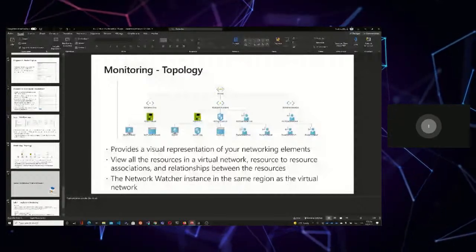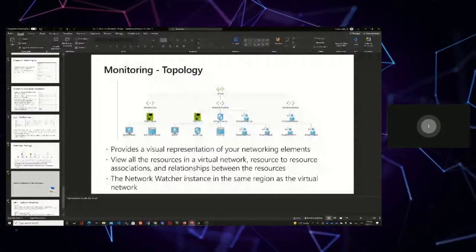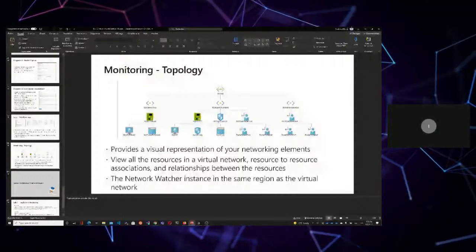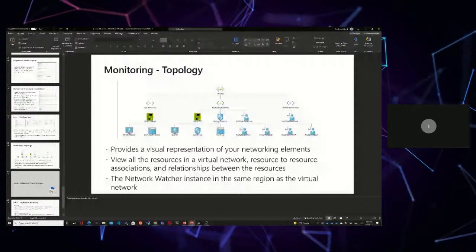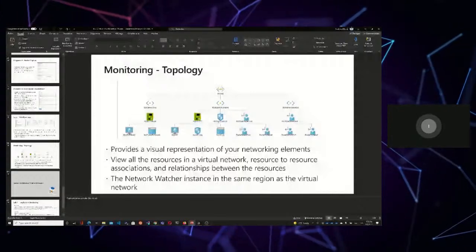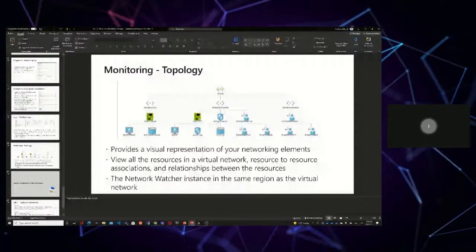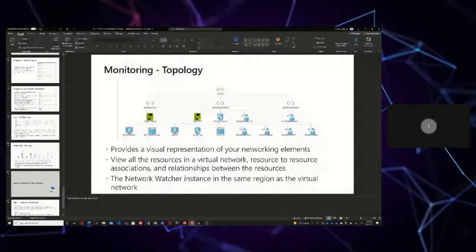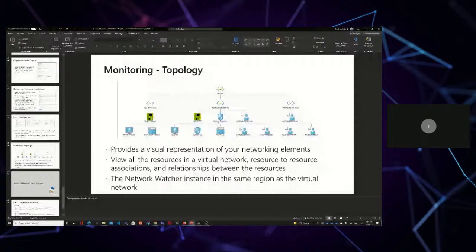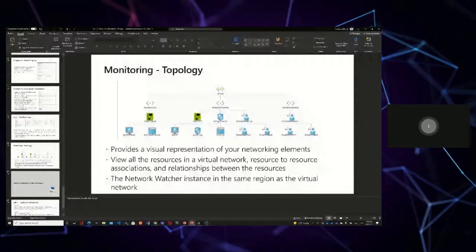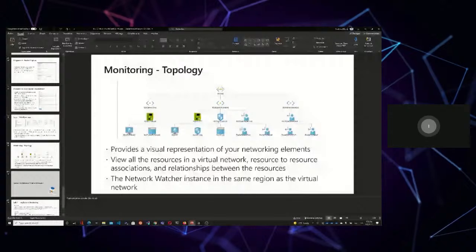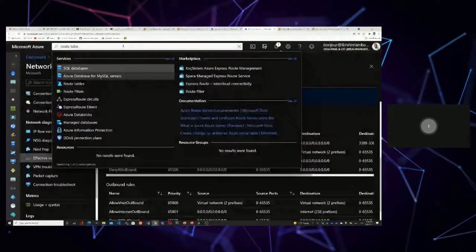So basically, if you want to see if there are some rules that are blocking you, you can see it here. You can see all the rules that contribute and are associated to the network interface. You can basically do the same for the route tables. For example, if you go to route tables,